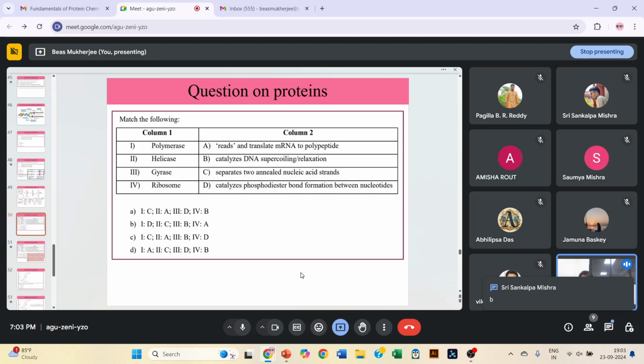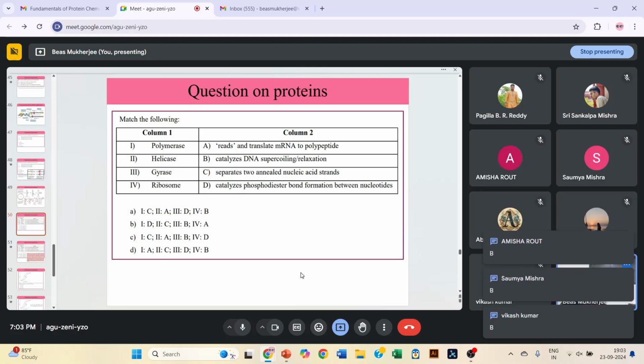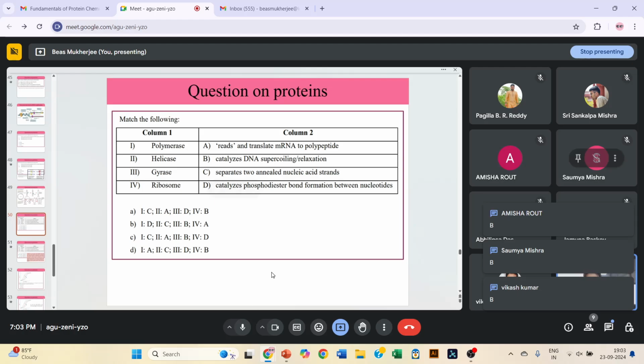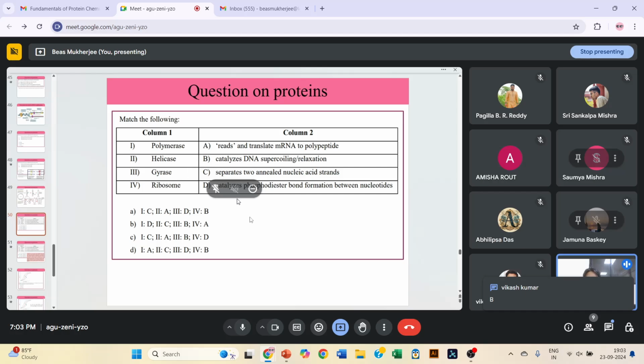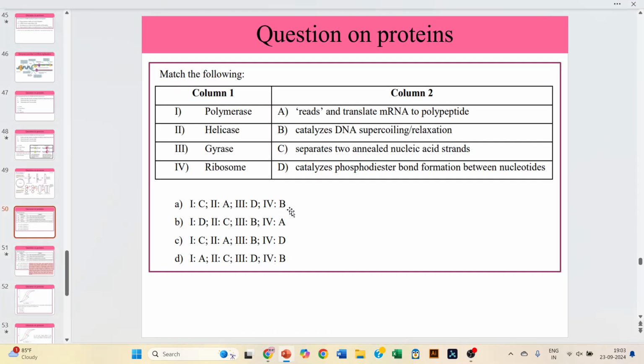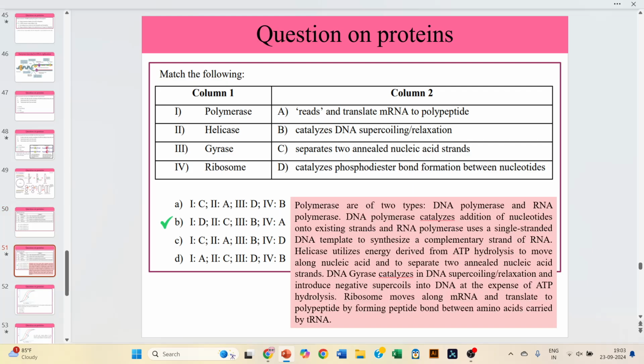And what does ribosome do? Yes, very good. Because the last one directly matches with A. Right? And there is only one answer for this. So you don't really need to read the other options. So B is the